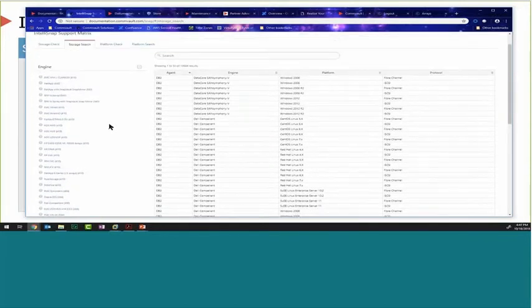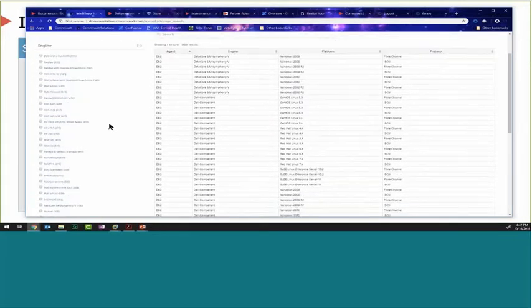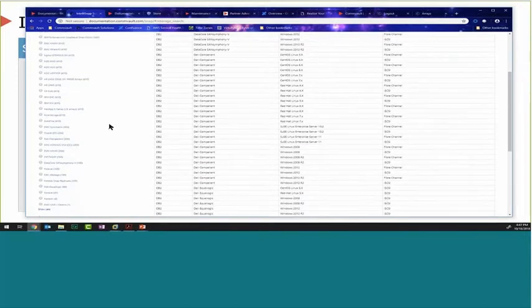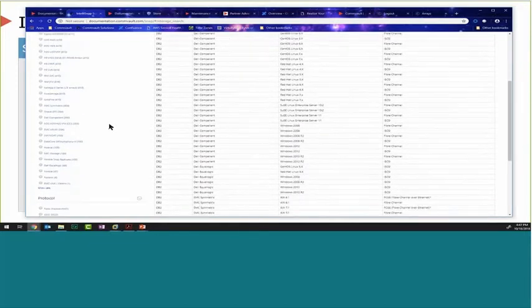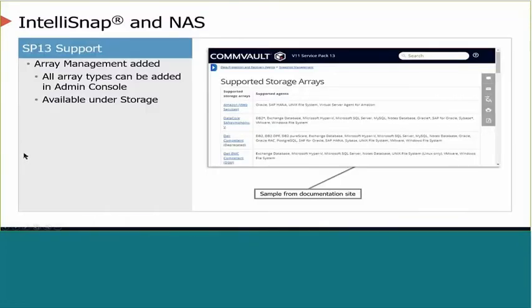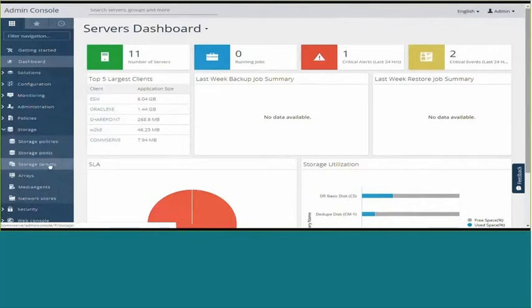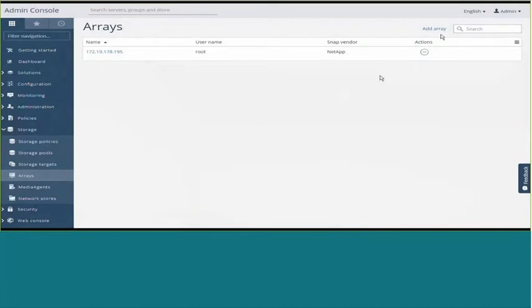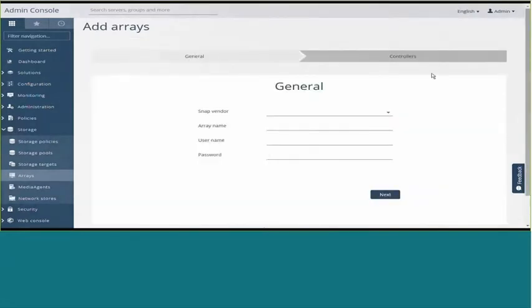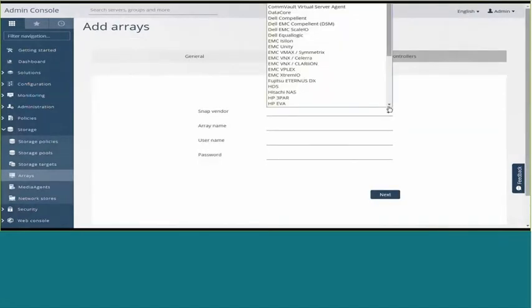So if there's something new in the list that is emerging in terms of the technology, as soon as it picks up mainstream, there's a good chance that Commvault will probably get integrated with that vendor. Moving right along here. So again, to pull that up in the admin console, you just go to Arrays, and within there, you can click the Add Array link, and simply proceed from there based on the array type that